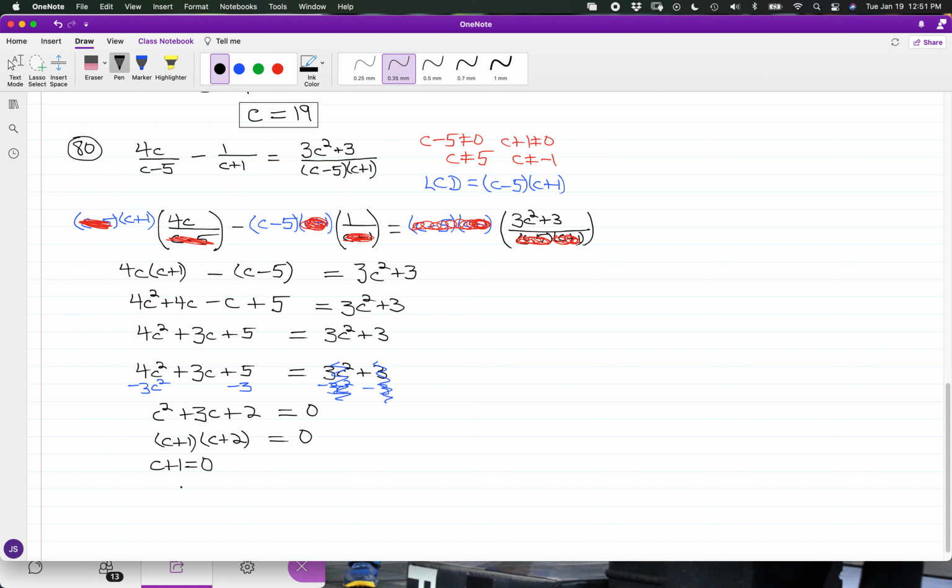So we have c plus 1 equal to 0, and we have an apparent solution of negative 1. With c plus 2, if I set this equal to 0, we have that c is equal to negative 2. And if you notice, we have c at negative 1, and going back to the restrictions, guess what? We have c cannot be 5, and c cannot be negative 1, and so because of this particular part,